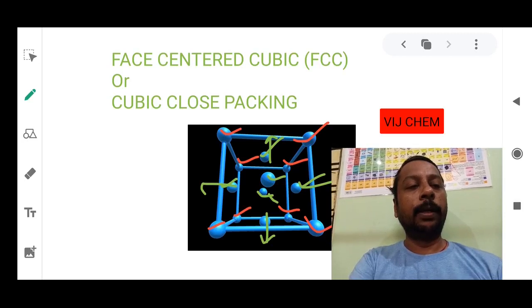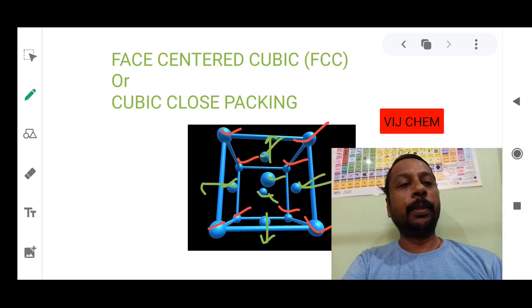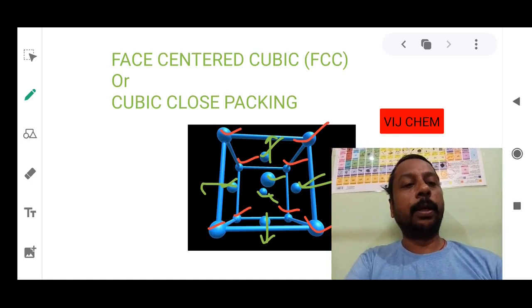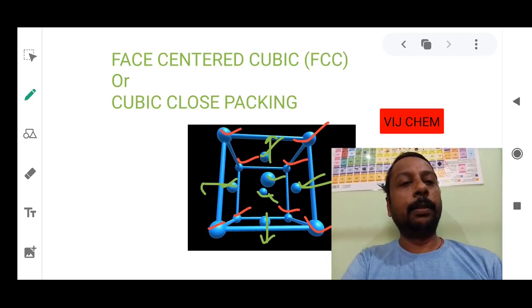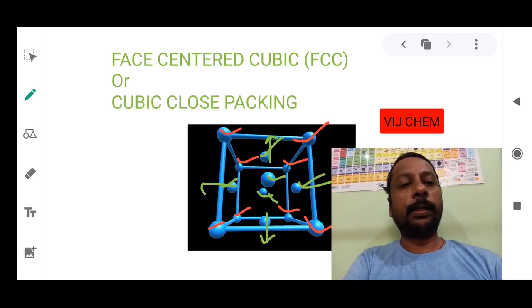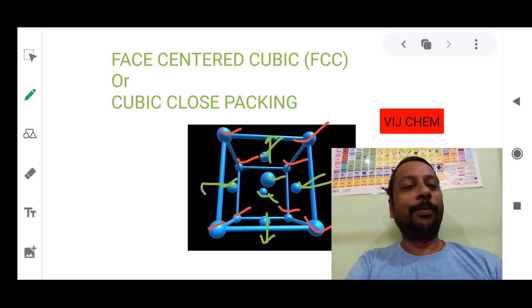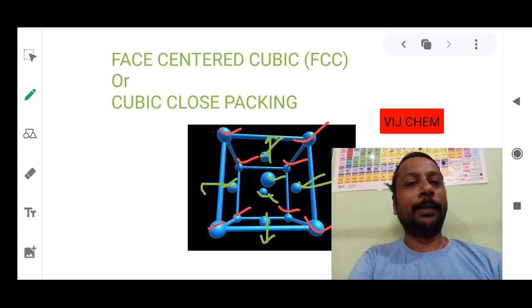Okay, why is it close packing? Because there is some logic behind calling it CCP. Sometimes in short it is also called CCP. Write a note. FCC is also called cubic close packing, in bracket CCP. Cubic close packing full form is CCP. Okay, short form, cubic close packing short form is CCP.